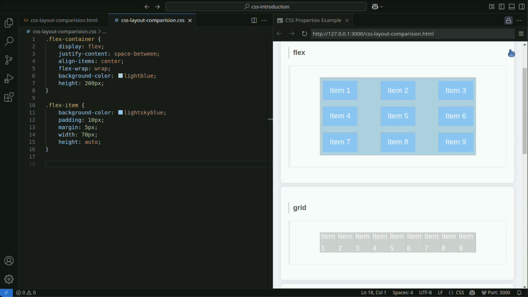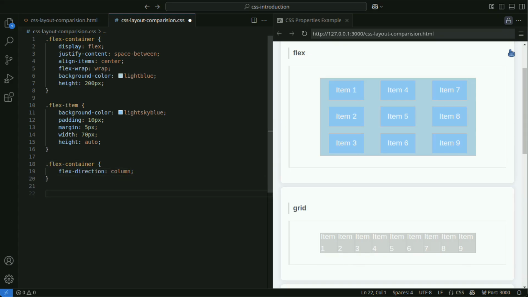As an example of changing the display order, let's set the Flex Direction property to Column. When Flex Direction is set to Column, the items change from a horizontal layout to a vertical one.